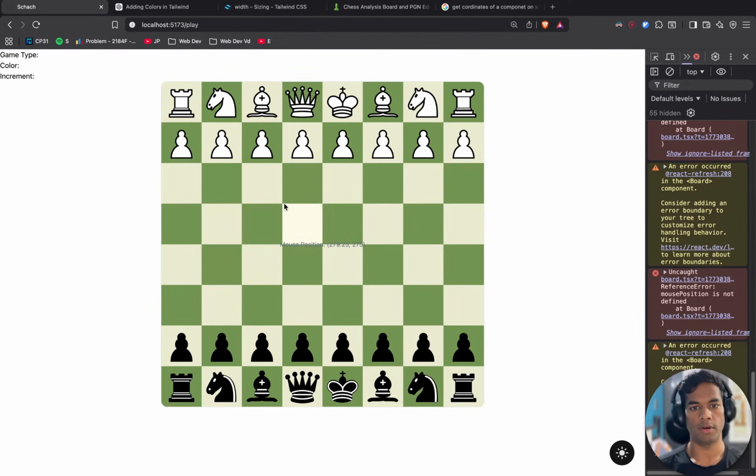Relative x, relative y. Okay, and this is almost 0, 0, kind of. Yep, this is 0, 0.